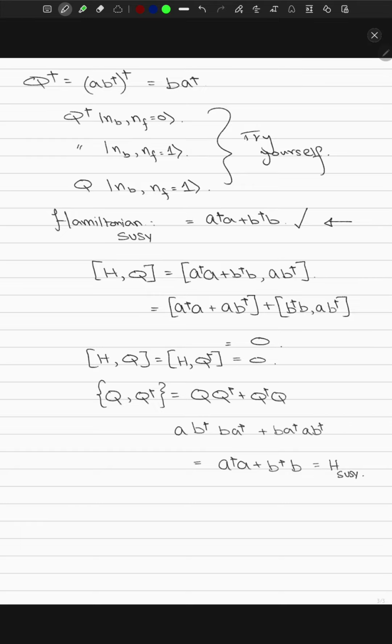And so we conclude that the anti-commutator of the supercharge and its inverse is essentially the supersymmetric Hamiltonian itself,